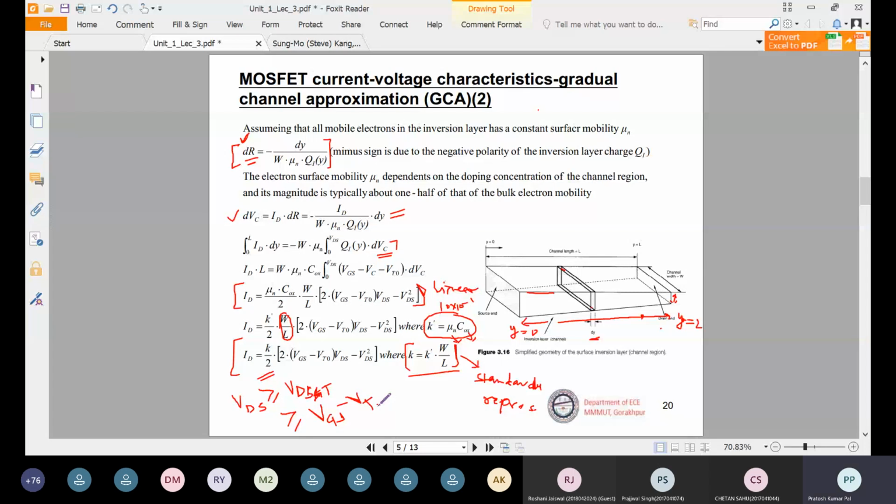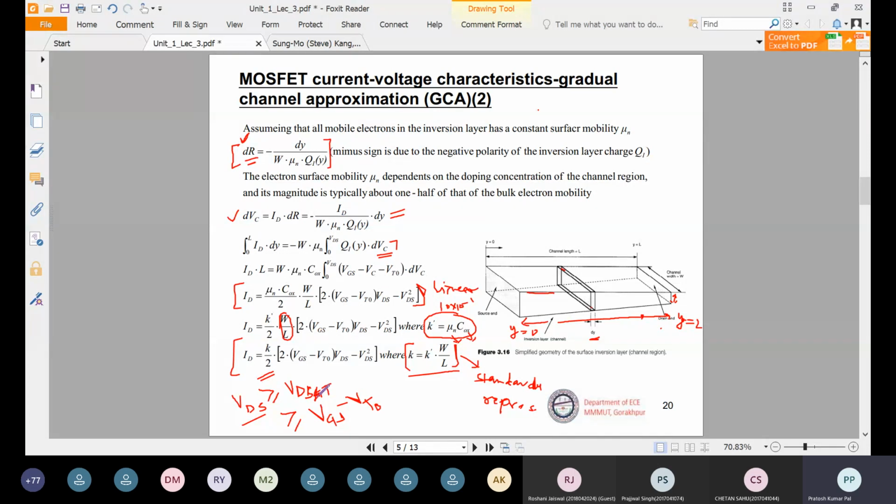ठीक है. So जब ट्रांजिस्टर वर्क करेगा in saturation mode, or it should be switching from linear to saturation mode, at that time the drain to source voltage will be equal to or greater than VD sat, and this VD sat value is given by VGS minus VT0. So whatever VGS minus VT0 value is there, that will be your VD sat, and even after we increase the VDS, this value will always remain the same, that is VD sat. ठीक है. अगर ट्रांजिस्टर को हम VDS की वैल्यू इंक्रीज भी करते हैं, तो this VD sat value will remain constant throughout the analysis in the saturation region.